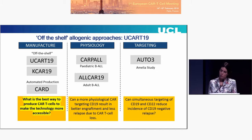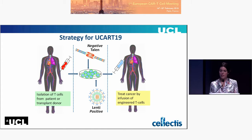So there are 2 approaches that have been explored at UCL, and the first one we'll talk about is the CAR T-19 approach. Essentially, this is a universal CAR targeting CD19. And instead of going to your patient, instead of going to an allogeneic bone marrow donor, you're actually going to a healthy donor who has just walked off the street. And essentially this healthy person, you harvest all their T cells and you introduce your CAR into those T cells to give to